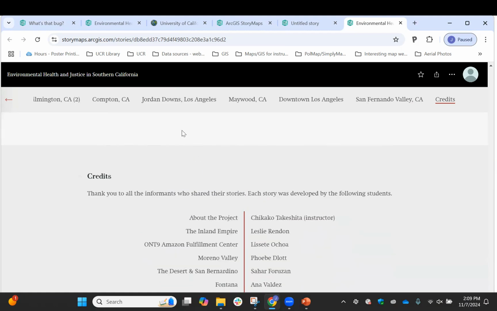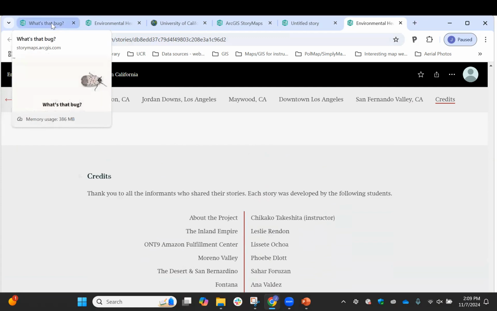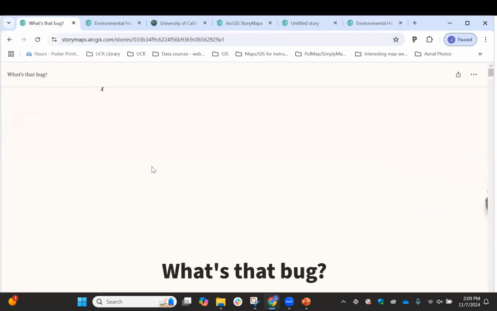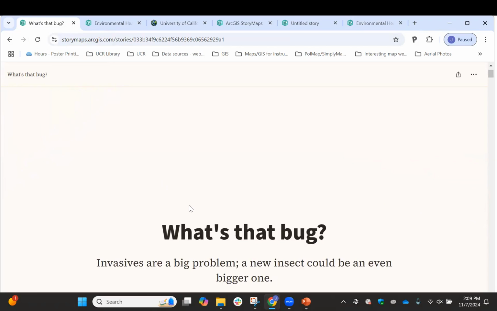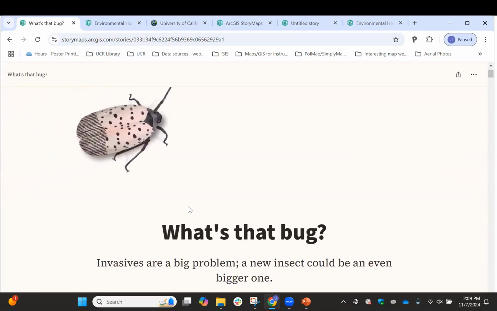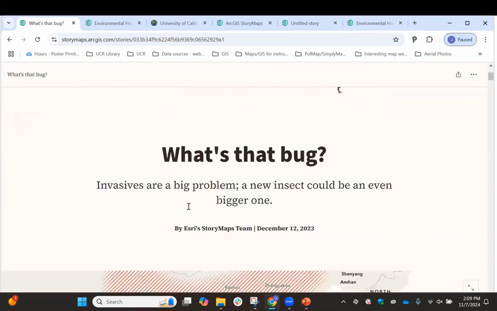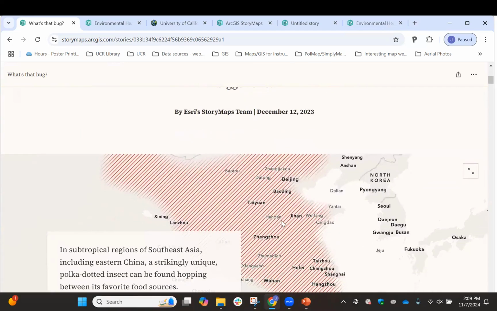I'm going to show you now the other example of a story map with a few other different types of things going on. This one was created by the Esri StoryMaps team. And I think this is a very intriguing cover, right? To have this bug kind of wandering around right at the outset. This is a story map about invasives. So as I'm scrolling down,